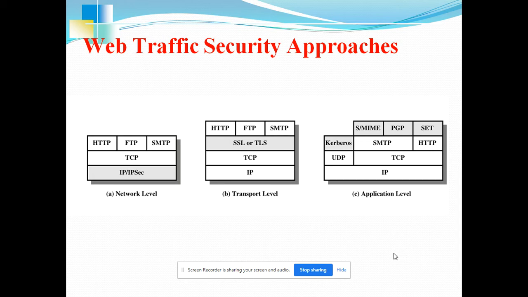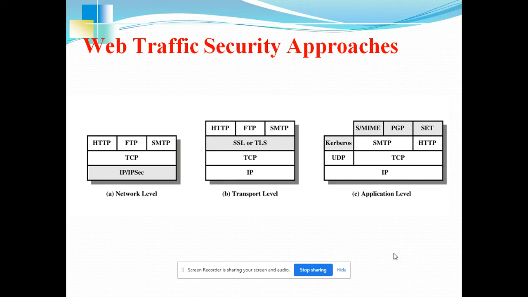In the network level, TCP/IP has 4 layers. The physical and data link layers combined together are called the host to network layer. If you take bottom to top, first is the host to network layer, then the internet layer, then the transport layer, then the application layer. Top to bottom, it is application layer, transport layer, internet layer, host to network layer.